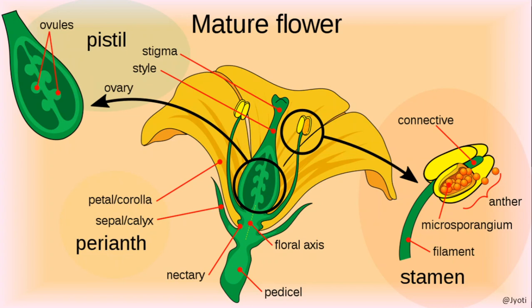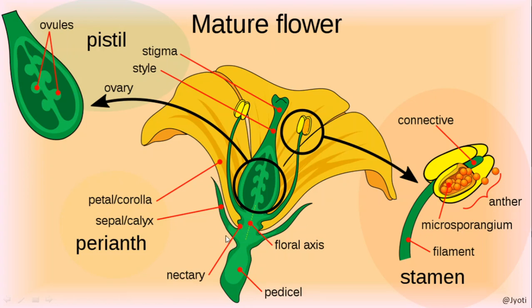Then before discussing the life cycle of the angiosperm, or reproduction in angiosperms, let us first discuss the structure of a flower. So a flower, as you know, the angiosperms are flower-bearing plants. So a mature angiospermic flower has 4 whorls. So what are the whorls? Whorls means when the structures are arranged in a circle, then that is called a whorl. So the first or outermost whorl is the calyx, which is green in color usually.